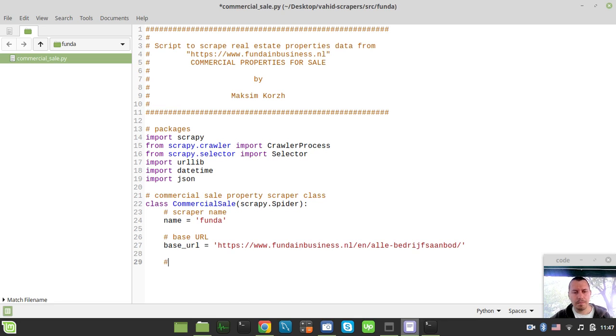Okay, so no string query parameters. So what else to consider here? We need to provide some sort of custom headers to mimic the browser with our scraper. Well, obviously this is not necessarily needed, but still. So I just want to provide the headers dictionary, and it would contain